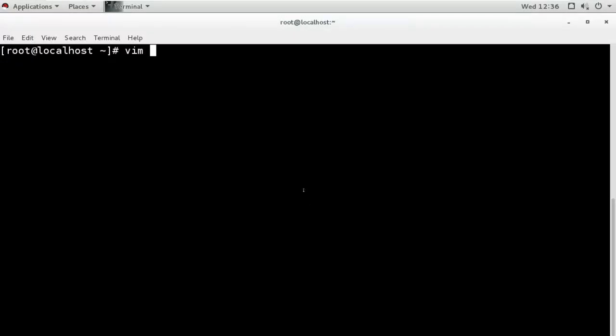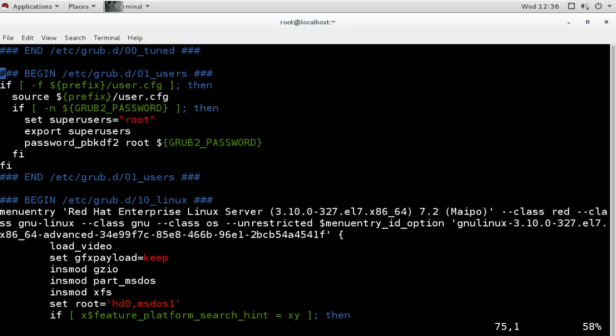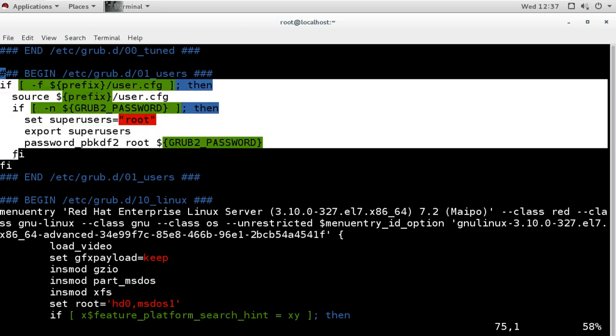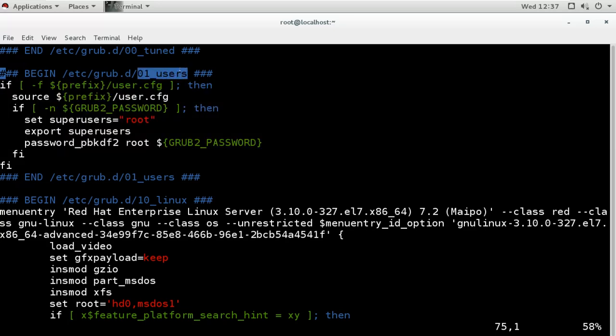When we check the main configuration file for grub under boot, grub.cfg, here, if you see, the template called 01_users, which is under /etc/grub.d. This is the template which has the configuration for using the password from the command. It has a script there. If you see, it is generating the script here in the main configuration file, and it is coming from this template. It is there by default, we have not added it.